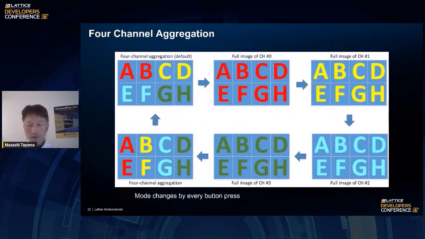This picture shows how 4 images are aggregated by this design. The aggregation pattern changes by pressing the button switch on the evaluation board. Red images are from the sensor on channel 0, yellow is channel 1, light blue is channel 2, and green is